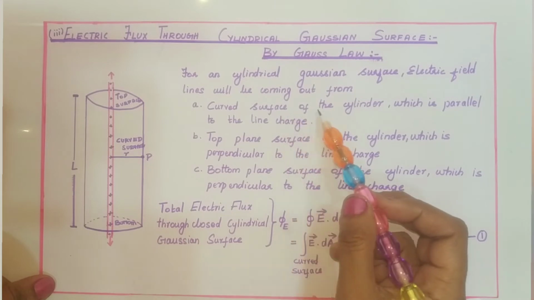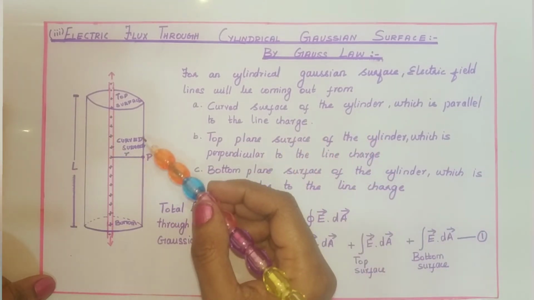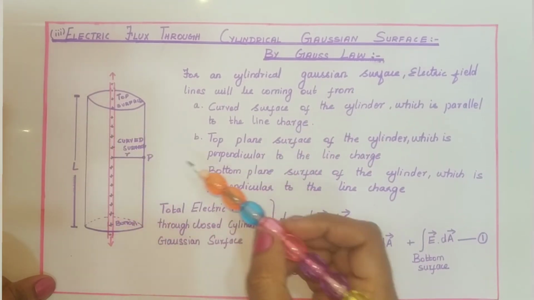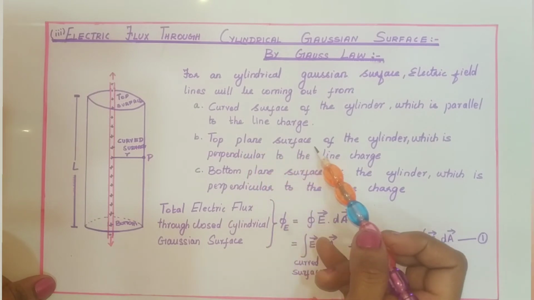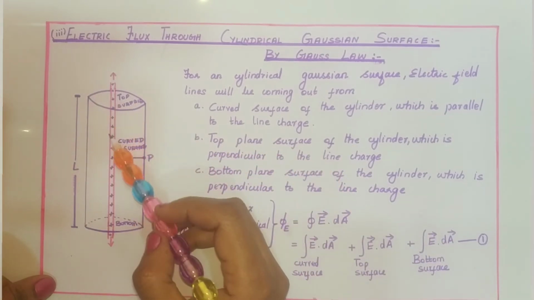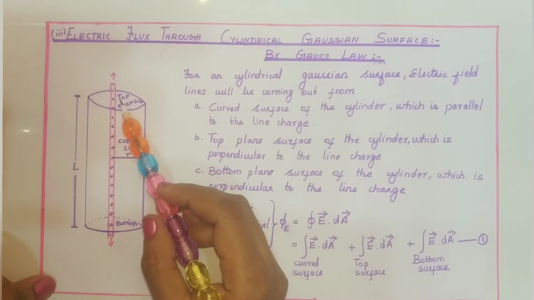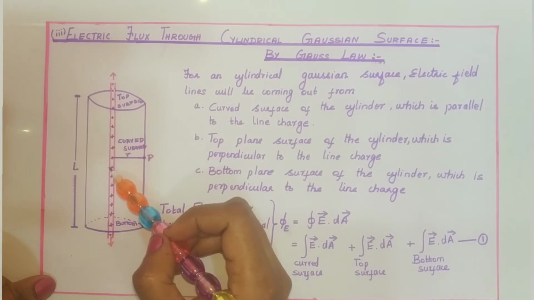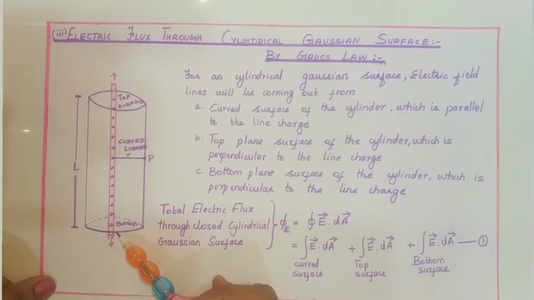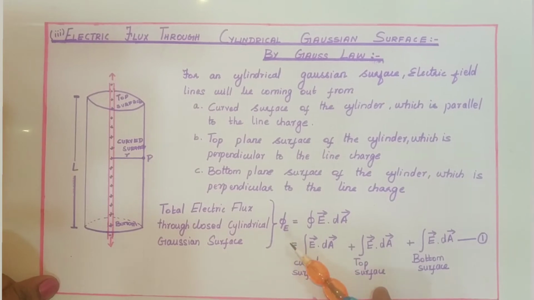The curved surface of the cylinder is parallel to the line charge, and the top plane surface is perpendicular to the line charge. The bottom surface and the line charge are also perpendicular to each other. So the total electric flux through this closed cylindrical Gaussian surface is given by